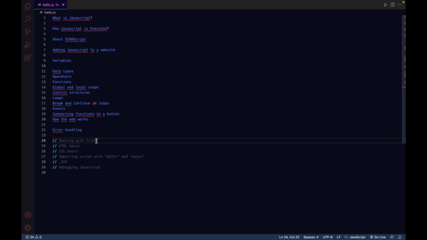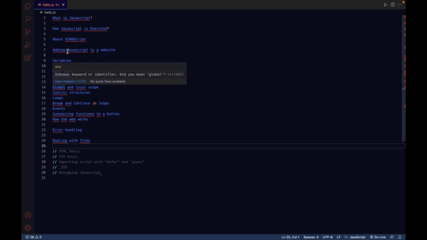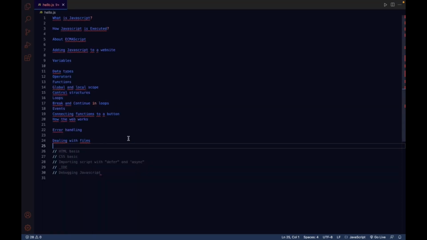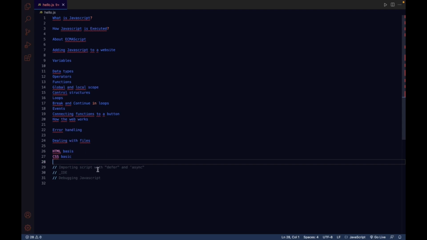Error handling is very important, because it will not stop your website, but it will just stop the execution of the code. And we will be talking about how we can deal with files. Dealing with files means how we can create a folder structure here. So we will talk about that as well, and we will discuss some basics of JavaScript, CSS and HTML,